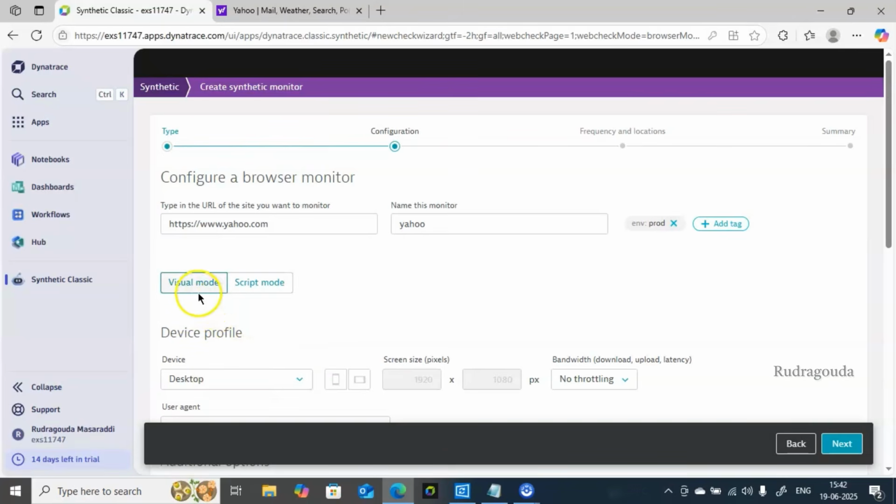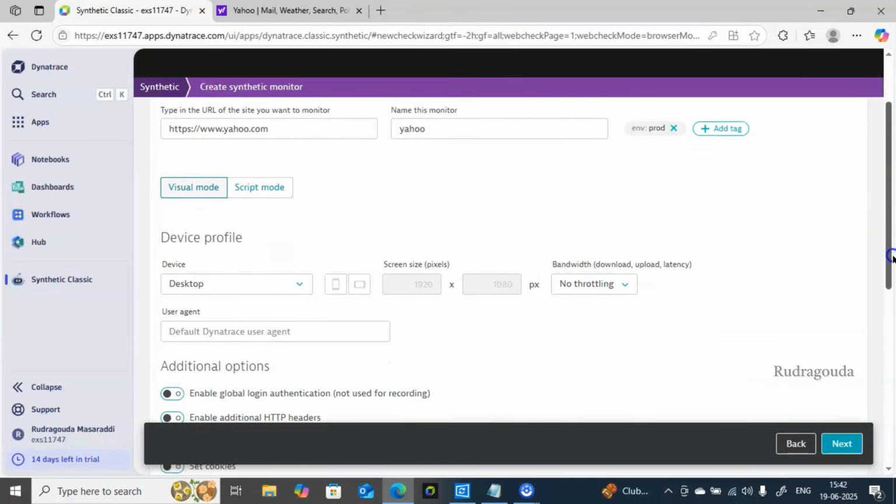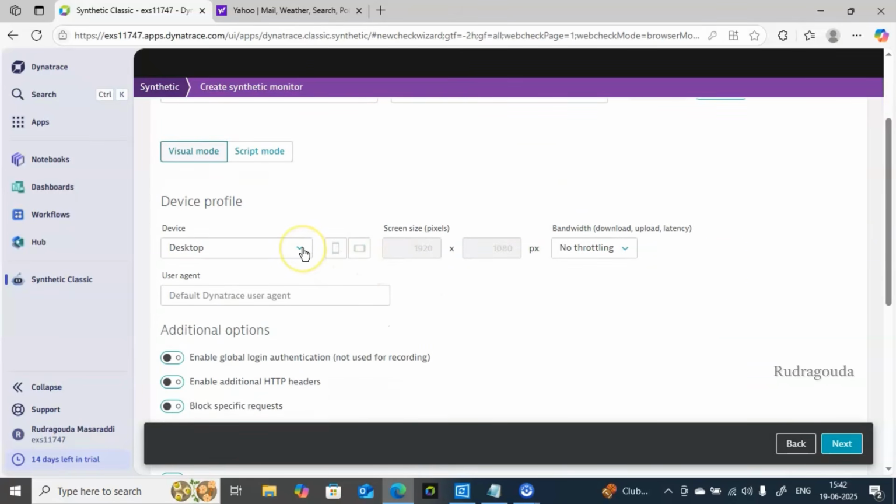Then here we have two things, visual mode and script mode. I just clicked on visual mode, so I'll go to that, and then here you need to select the device from where you want to check that synthetic monitor or single URL monitor, from the desktop or Apple iPhone 8, 8 Plus. So many options are available based on your requirement. Just choose any one of the options here. For example, I'm just going with the desktop and the screen size is